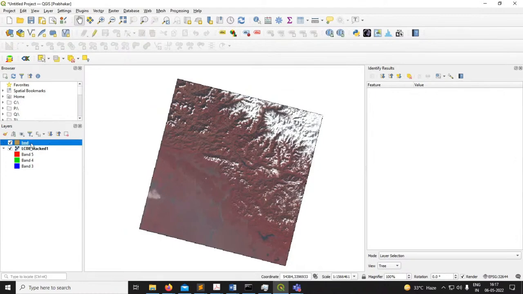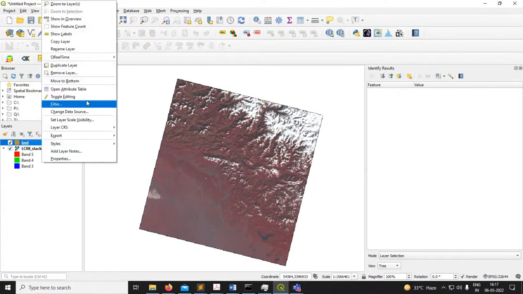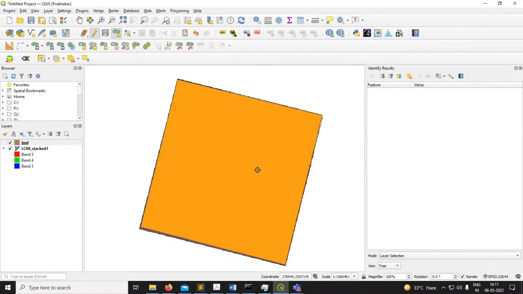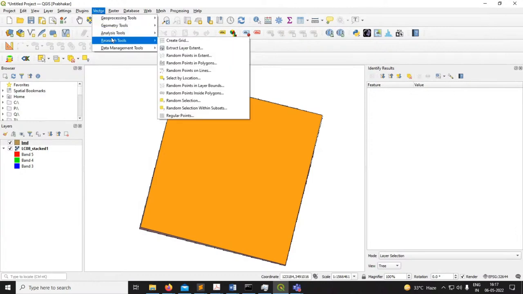Now edit it by right clicking and toggle editing. Now you will see these options are highlighted. Add polygon feature. Now we'll make a polygon around this boundary. So one polygon is created. I have created this polygon because I want to make sure my generated sample points are confined inside this only. Now we'll go to vector, research tools, and